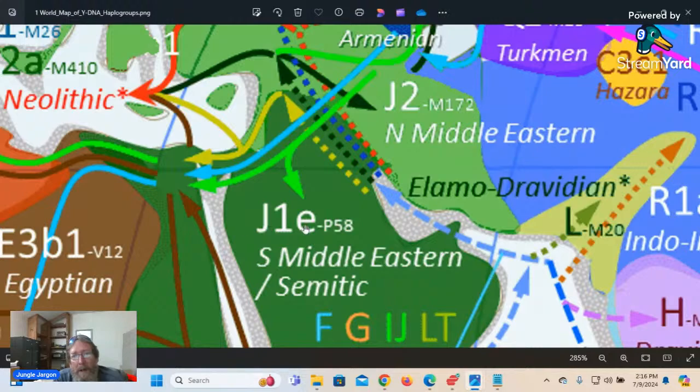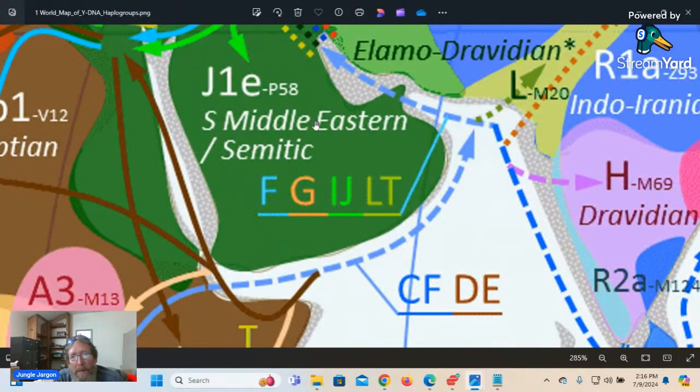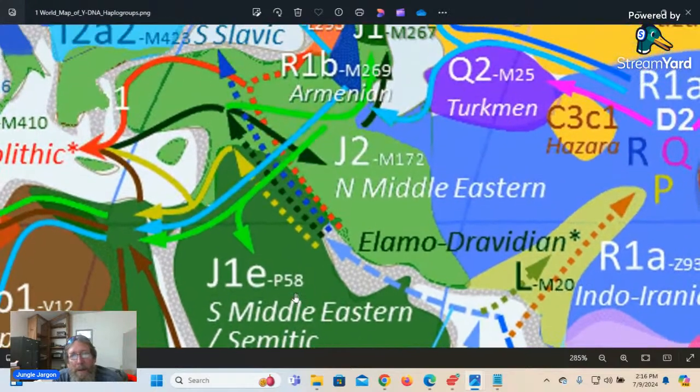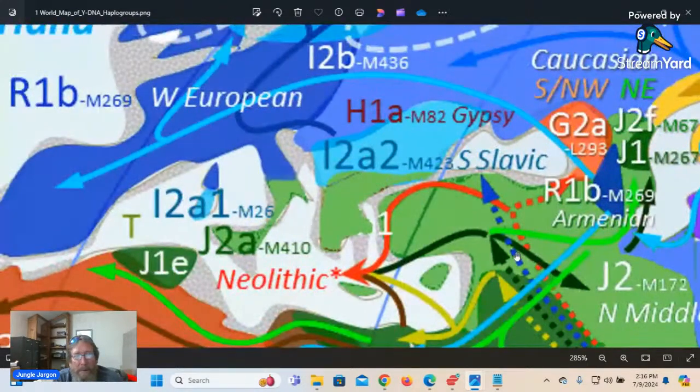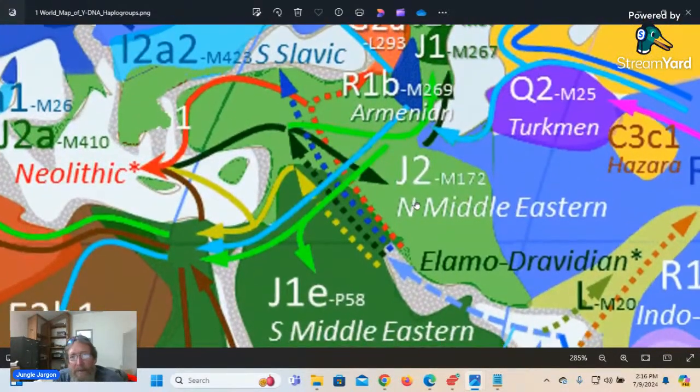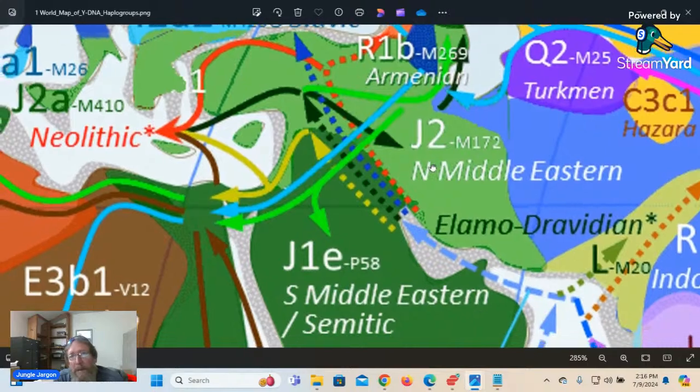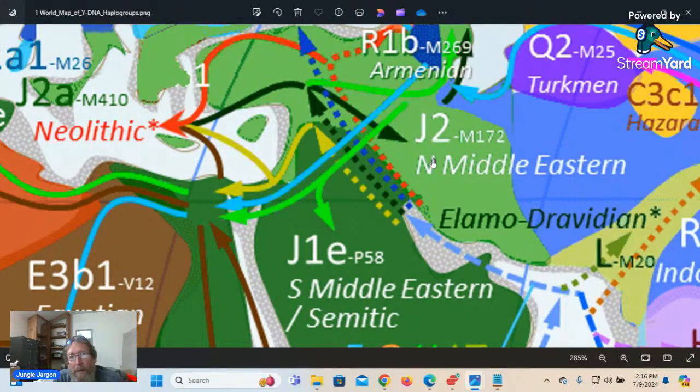So the IJ lineage, which includes I1, I2, J1, J2. So this is J1 here, J2 is up here, and of course it's throughout here as well. All these are the direct descendants of Arpachshad,